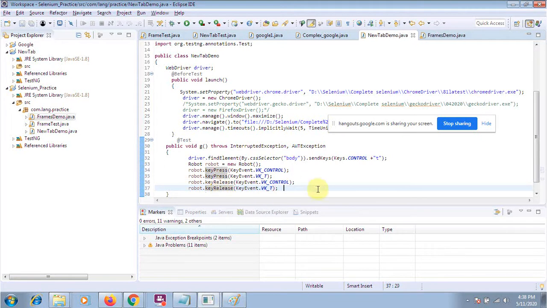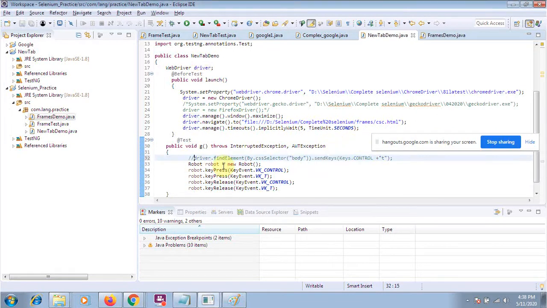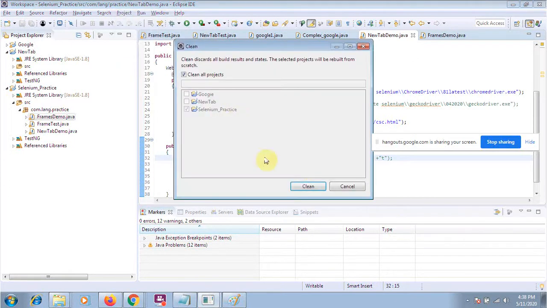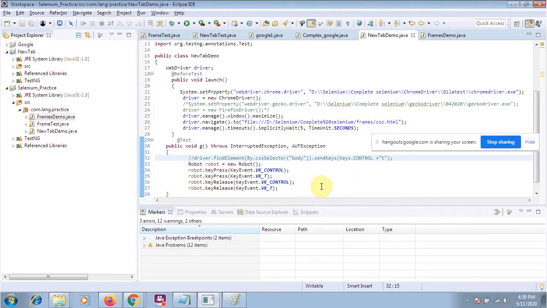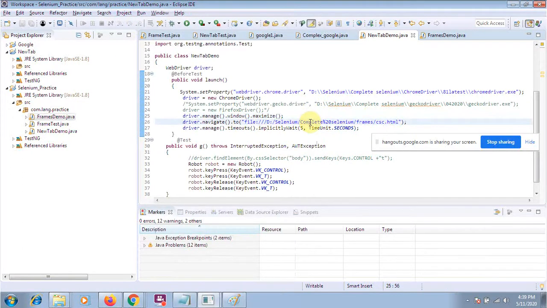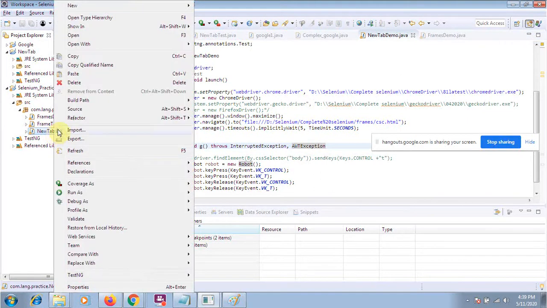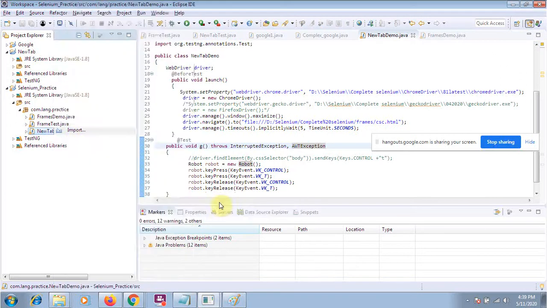So you will see that first of all we will open some website or web page, and then we will press the Control key. In this way, up to the Selenium 3 version, we were using this command to handle the tab of the window. So this was the way we handled the tab in the window. Okay, so let me run this one, the tab demo, as a test.